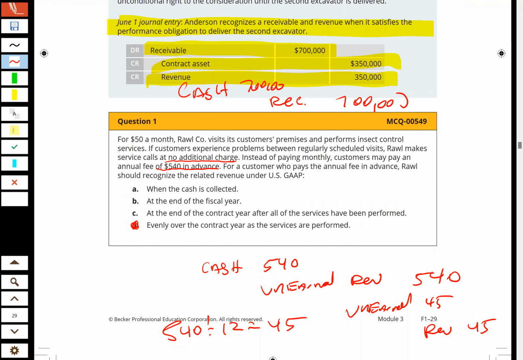Right. Eric, do you have something else? I had one more point. So is this essentially saying that this should be taken monthly or as different services are performed? It should be taken as the service is performed. Revenue is taken as the service is performed. Okay. And they're telling us here that they provided monthly service. That's why I divided it by 12. They say it's monthly service.